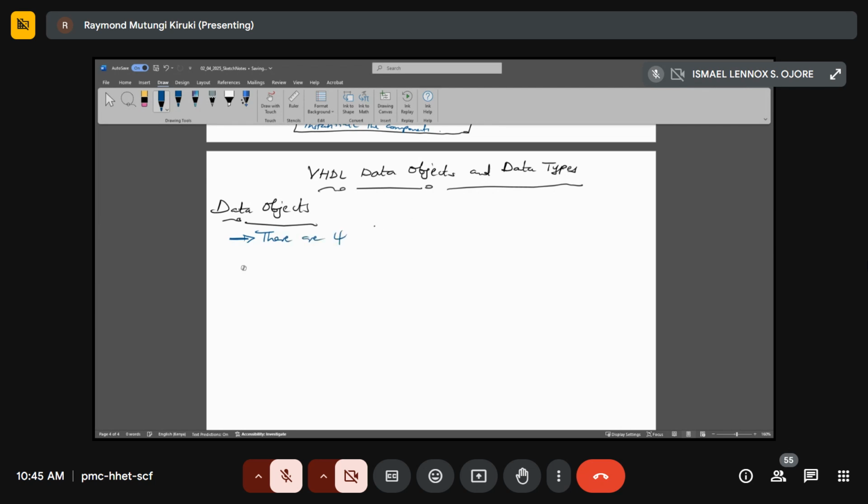there are 4 classes of data objects in VHDL. 1, I need to use a block. So 1, we have signals. So we have been talking of signals. What exactly are signals? So this an object